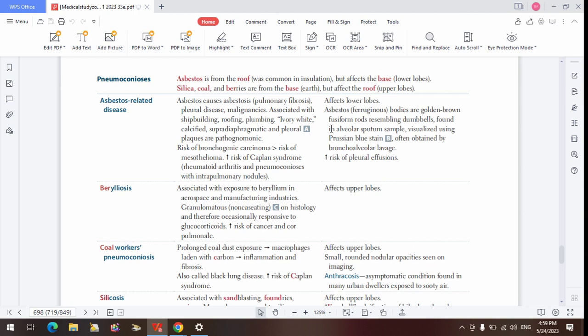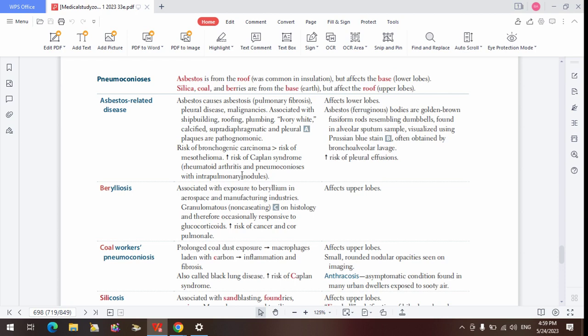And we know what it causes. It causes pulmonary fibrosis because of the inflammatory response. Aside from affecting the pulmonary parenchyma, it also affects the pleural cavity, causing thickening of the pleura as well as formation of plaques that can transform into malignancy, causing mesothelioma. It can also cause bronchogenic carcinoma. Of course, something that causes pulmonary fibrosis can progress to lung cancer. Almost all the things that cause pulmonary fibrosis at the end of the day can cause lung cancer.